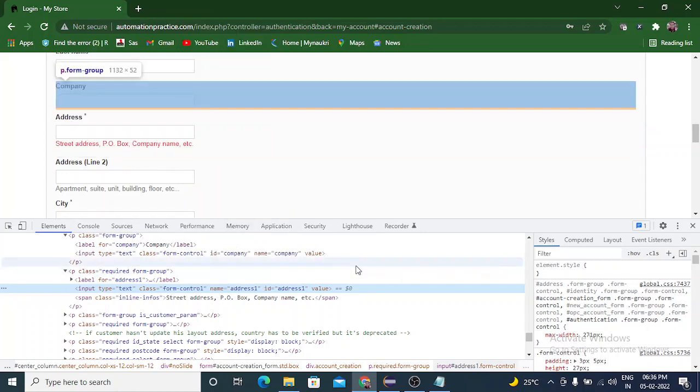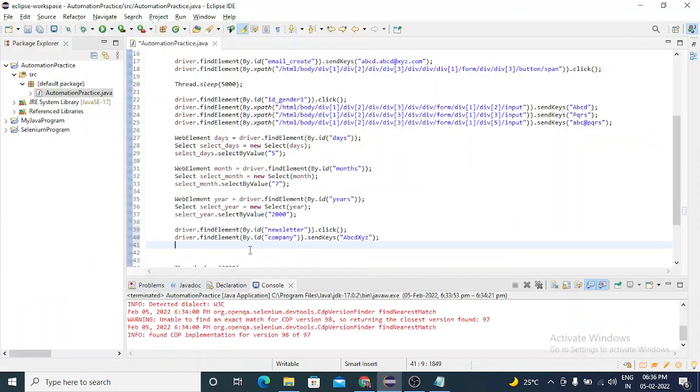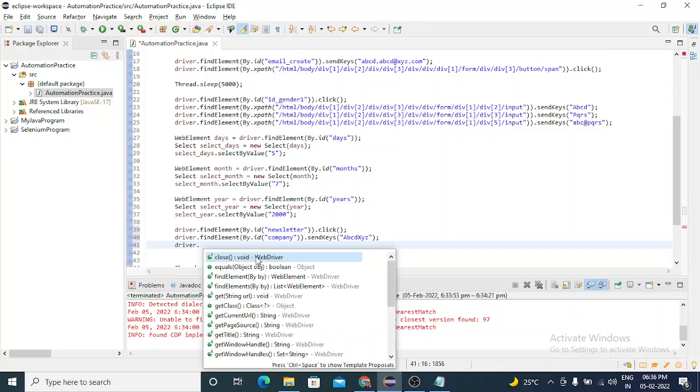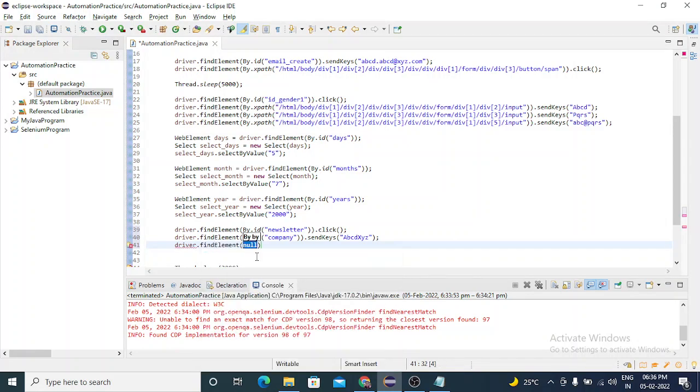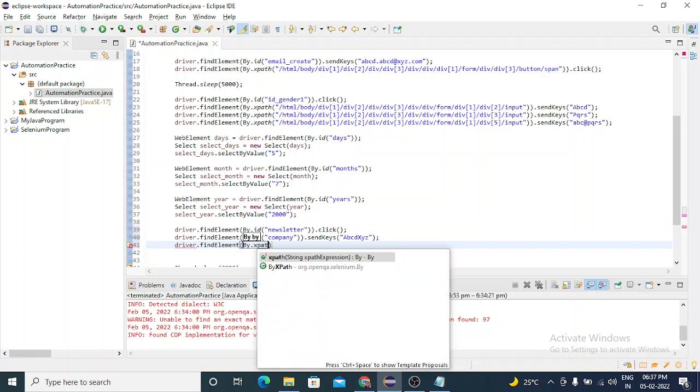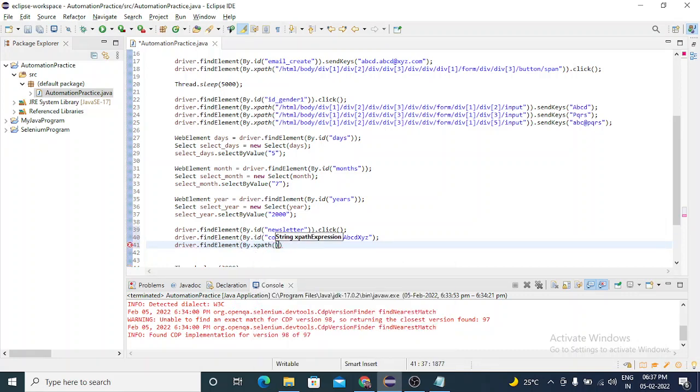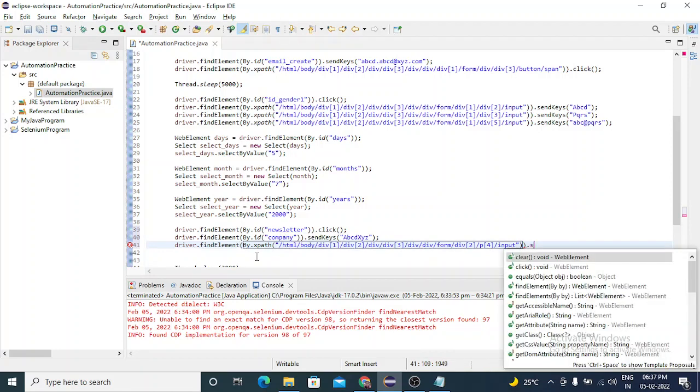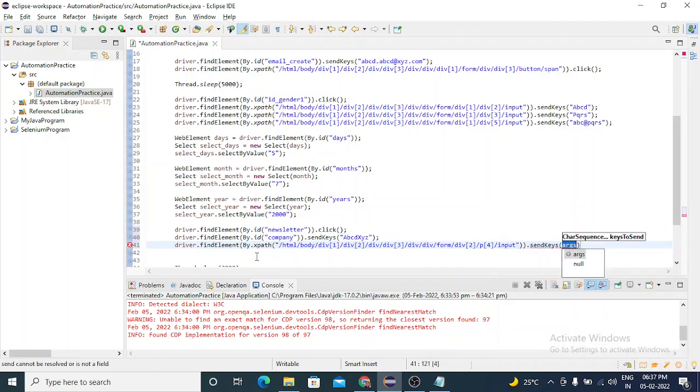Let me copy the XPath over here. Then driver dot, we need to send keys. So this is something, address is JKLM. Okay,